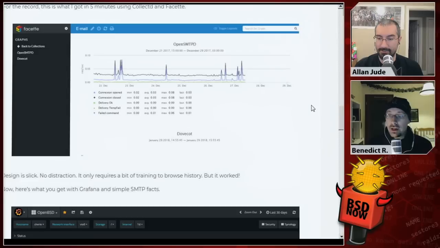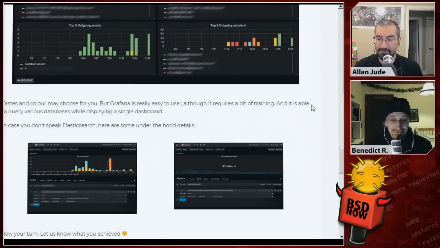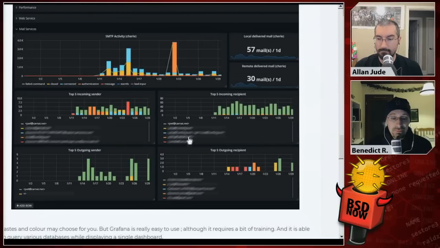Yeah, this is certainly nice. And then once you go to Grafana, you get this. That's quite a dashboard. That looks cool. How many mails per day are going in and out. Nice bar charts and so on. Colors. Very fancy. And it's very configurable. You can also zoom in and, well, at least not in bar graphs, but you can hover over these and see exactly at which minute which mail happened and how much traffic came in and things like that.